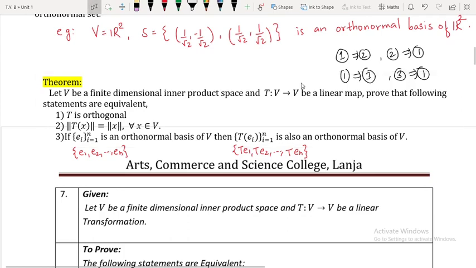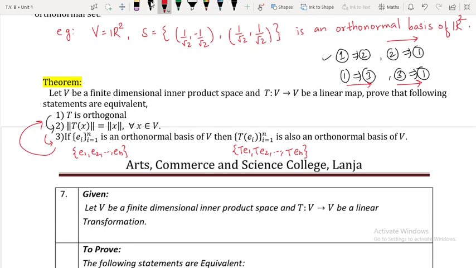How? Because we have already proved 1 implies 2, right? Here 2 implies 3 is not yet proved, but once we prove this we can easily say 2 implies 3. How? Because 1 implies 2 is there, 2 implies 1 is there, and how will we get 2 implies 3? Yes, directly from here, isn't it? 2 implies 1 is there, and 1 implies 3 is there. So therefore we can say 2 implies 3, and 3 implies 1 we are proving already. I hope you are getting my point.